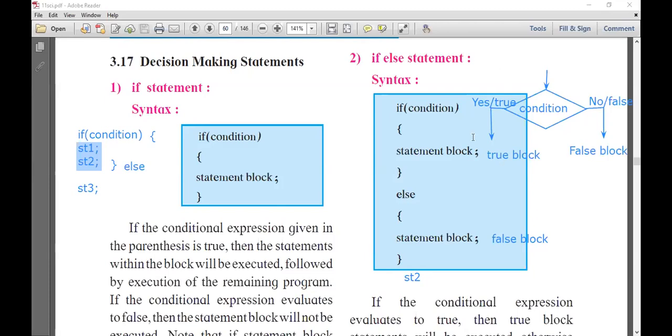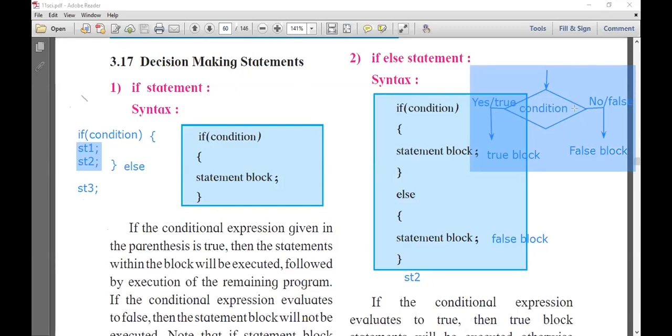See, only concentrate on this much part.